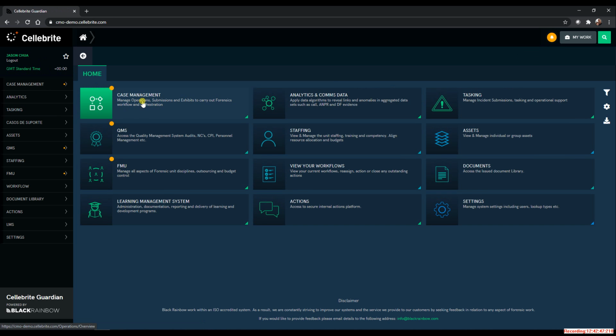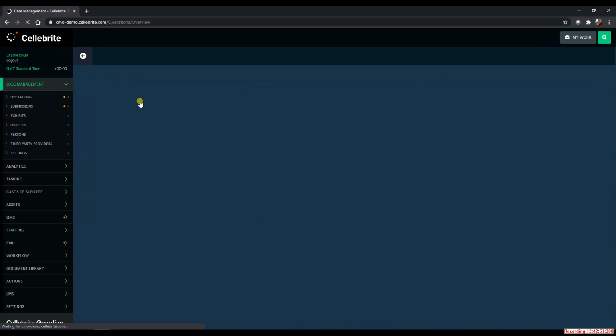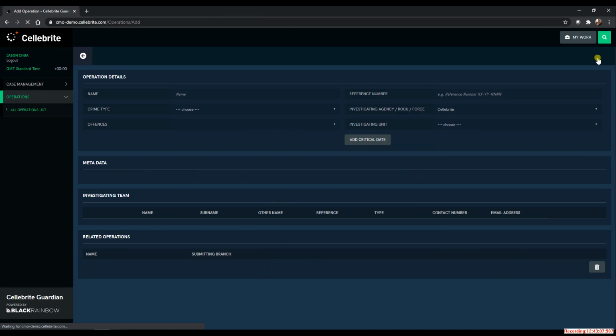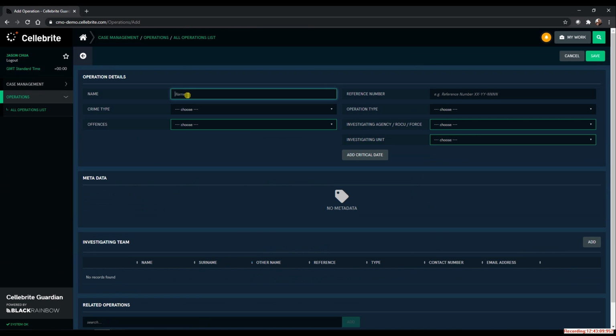So on the case management portion over here, we will go into the case management options, and you will be presented a dashboard of the current open case, number of exhibits, etc. So what we are doing right now is to add an operation on the top right hand corner, and you'll be able to key in the name of the operation. So perhaps I can key in Guardian